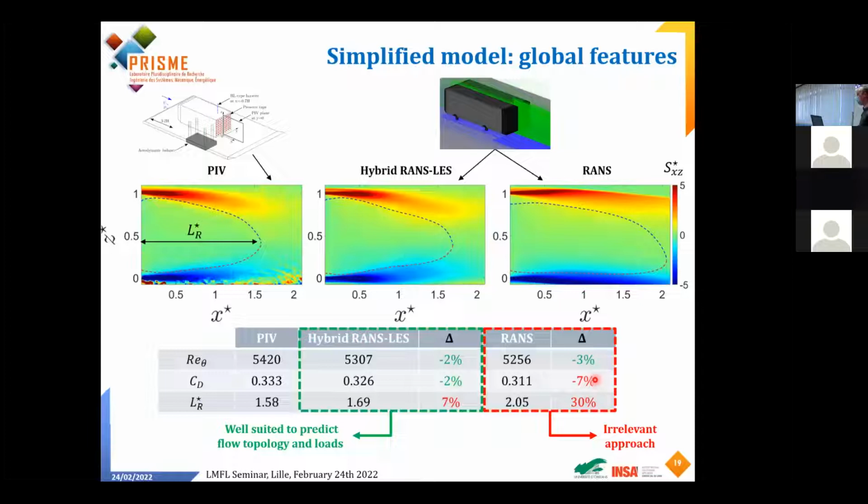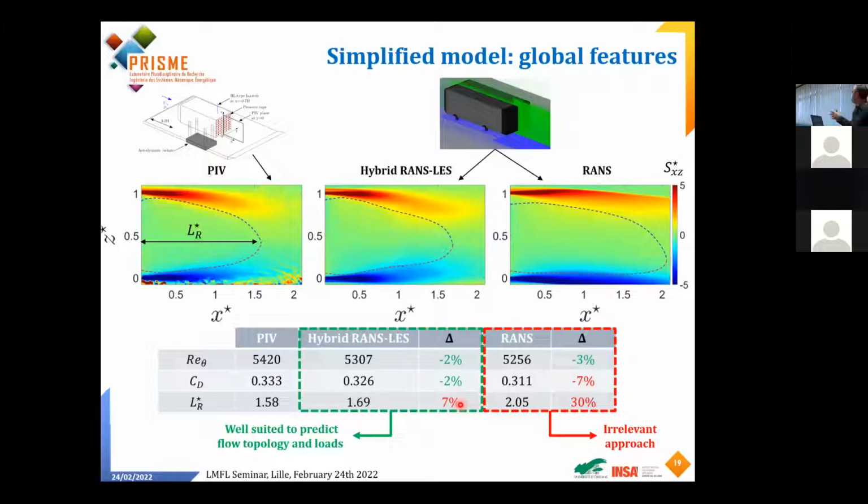And now if we look at another quantity, which is the length of the recirculation bubble, here you have the image, the mean recirculation bubble coming from the experiments, the one coming from the hybrid Reynolds LES, and the one coming from the Reynolds approach. You can see directly the difference. These two here look pretty close to each other, whereas this one is very different in shape and also in length. So here we have a difference between this and this one in terms of length of 7%,